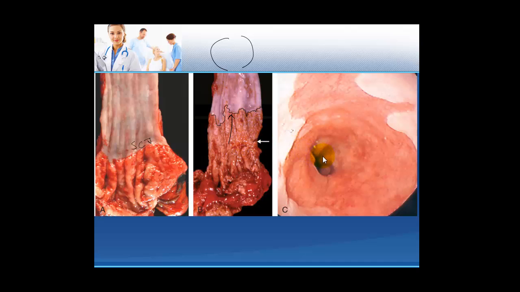So in this photograph you can see an endoscopic view, and here you can see this could have been the normal squamocolumnar junction over here, but now in this case it is moving somewhere up, right, in the form of tongues, the small areas which are moving up over here. This is again a normal area, this is a normal area, but this whole area over here and this area over here is something which has moved up from the normal squamocolumnar junction. So this is a case of Barrett esophagus over here and over here.